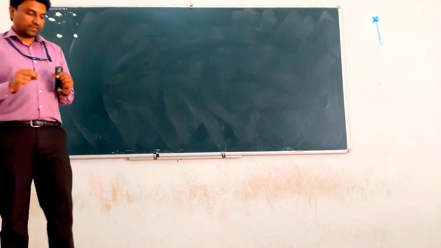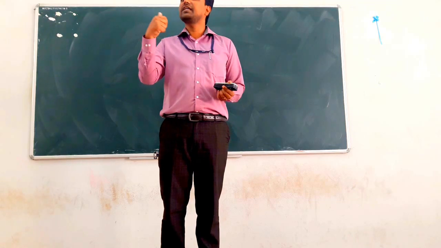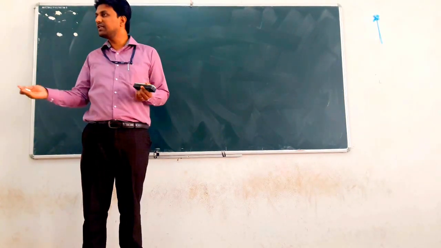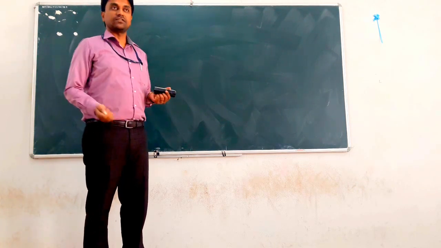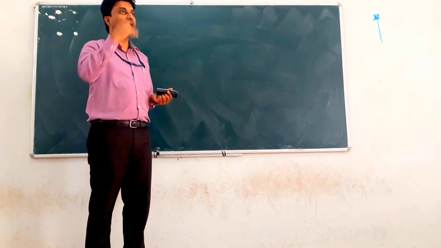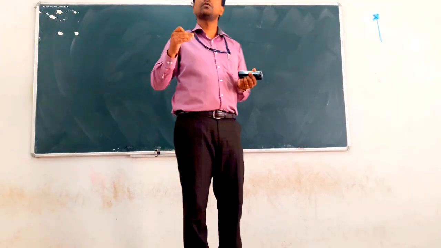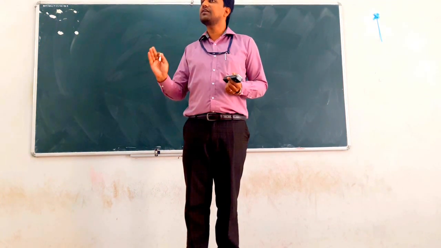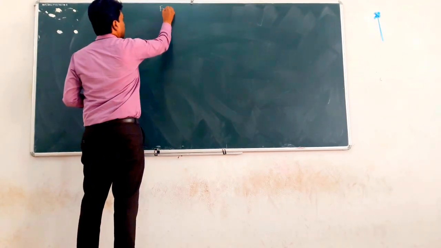Clear? So the next point is how we can return pointer type of data from a function. That means we have to design one function which returns pointer type of data, not a single int, void, float, double or long, but one which returns an address. Pointer type data returns an address. That is a function returning pointer type of data. That is today's topic name.